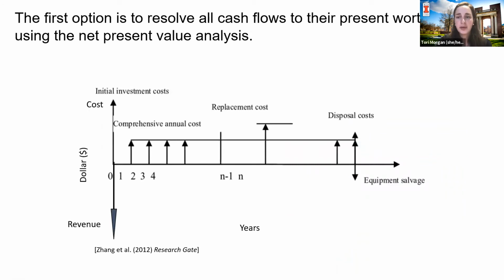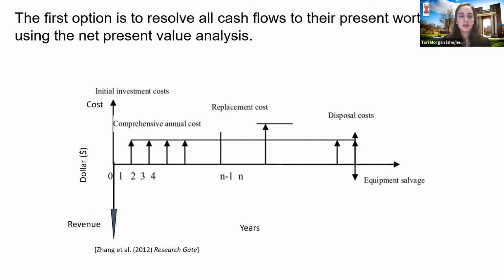So there are two ways we can look at cash flows. We can look at present worth or annual worth. The first option is to resolve all cash flows to their present worth by using net present value analysis. You can see in this example the arrows are flipped, but it doesn't matter which way your arrows go, as long as you keep track of your costs and expenses, and then your revenues and profits,